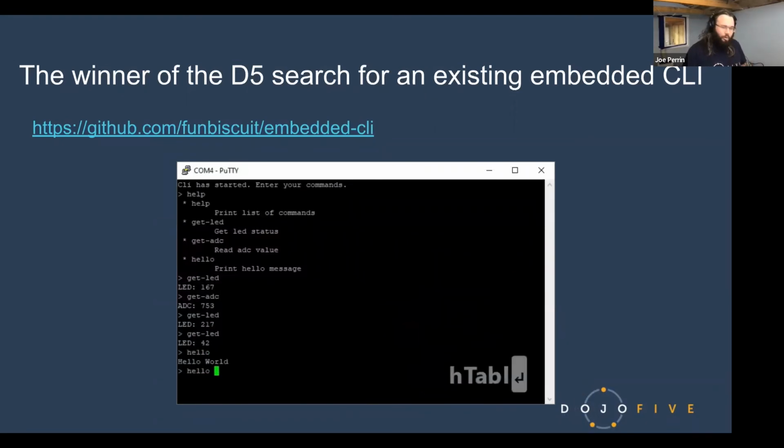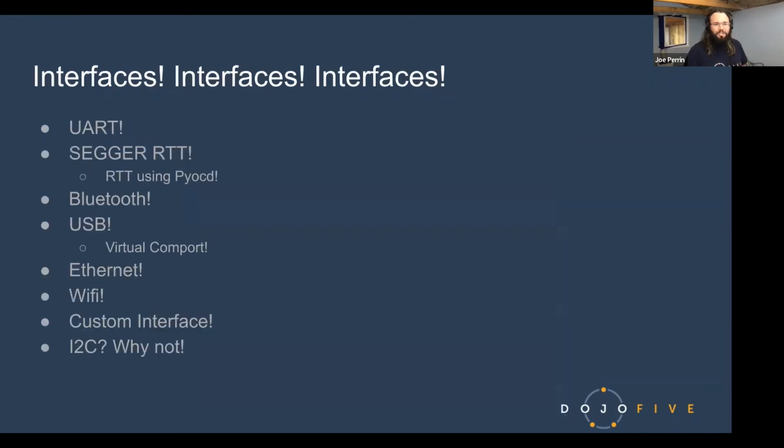Really awesome. So D5's trying to use this on projects going forward for our customers. And I'm going to rush a little bit here because we want to make sure we have some time for questions at the end. But I originally implemented that over RTT for our system. Real easy, function pointers, and then we integrated it into FreeRTOS. So occasionally we call the process command for the CLI. It processes the incoming bytes by calling the function that we passed in as a function pointer,